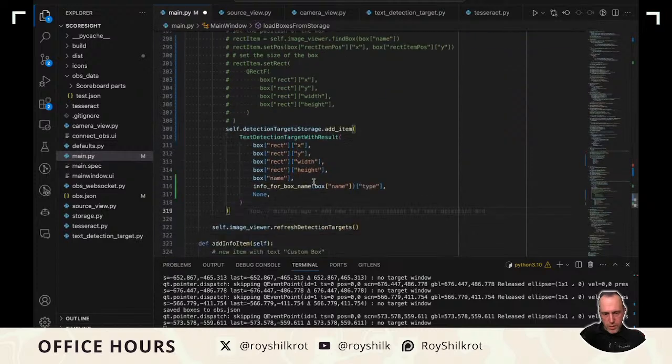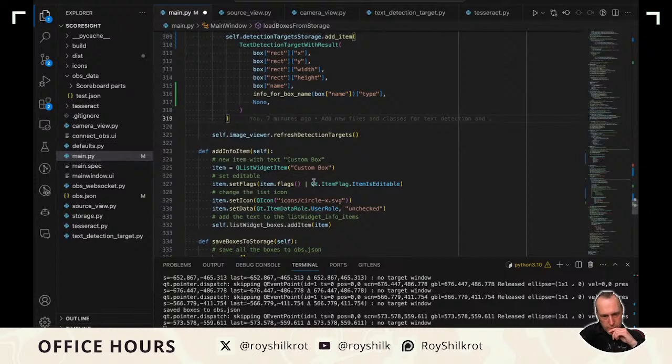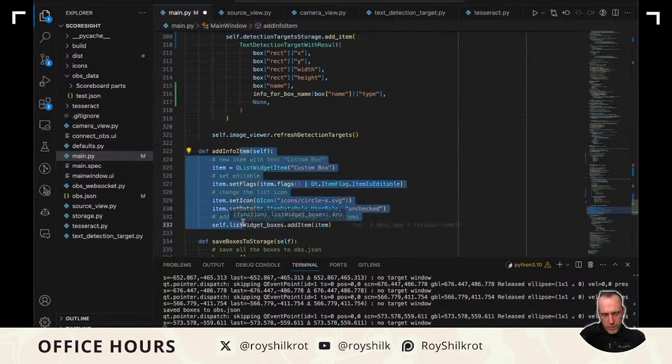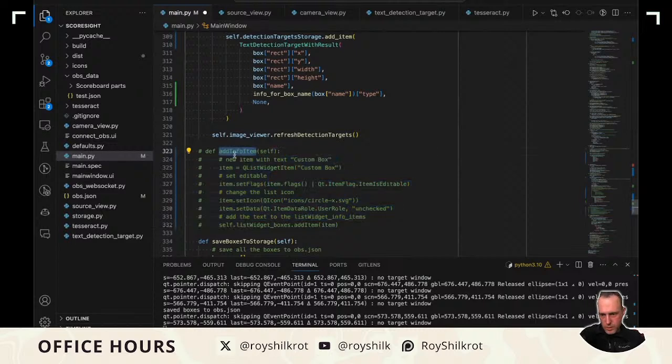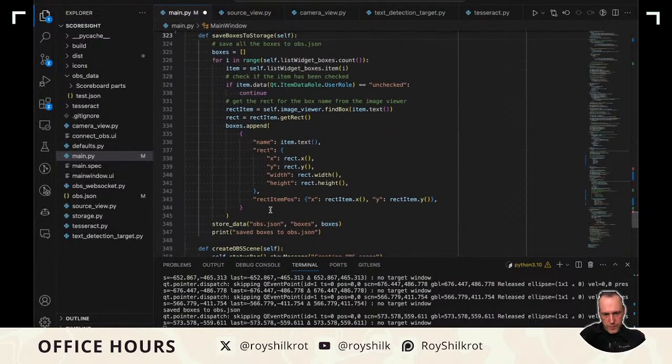Okay, yeah, that's actually okay. Add info item. This is something that I don't have anymore. Yep, not doing this anymore. Now, when I'm saving them,